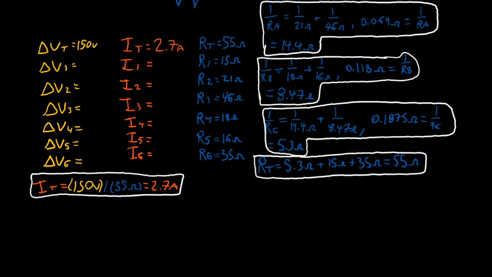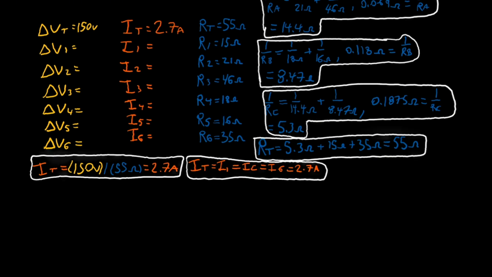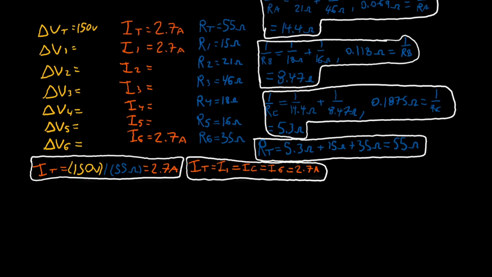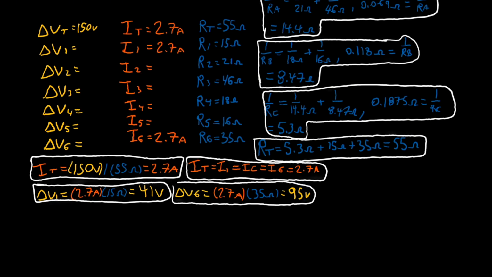And looking at the circuit as if we're in series, IT should equal I1, which equals IC, which equals I6, which equals 2.7 amps. So we can fill that in for I1 and I6, but we still have to calculate each individual current for the 4 resistors in IC. Now that we have I1, I6, as well as R1 and R6, we can find V1 and V6. So V1 equals 2.7 amps times 15 ohms equals 41 volts, and V6 equals 2.7 amps times 35 ohms equals